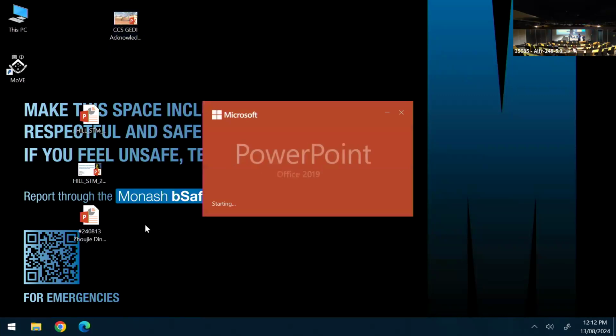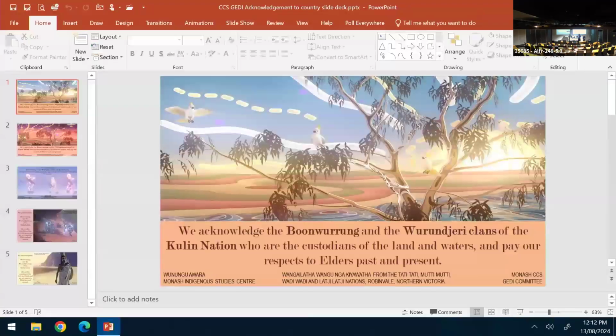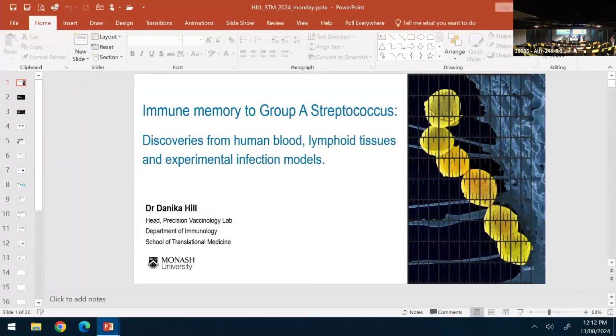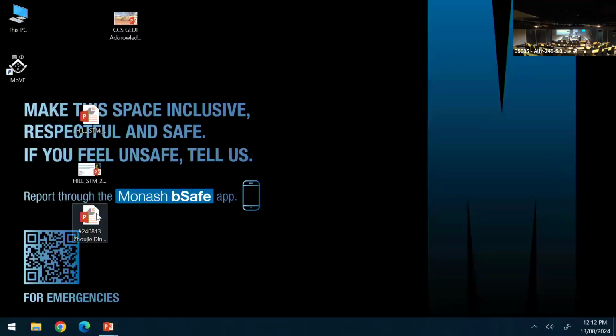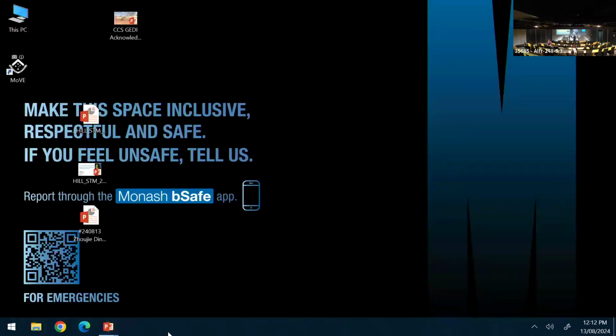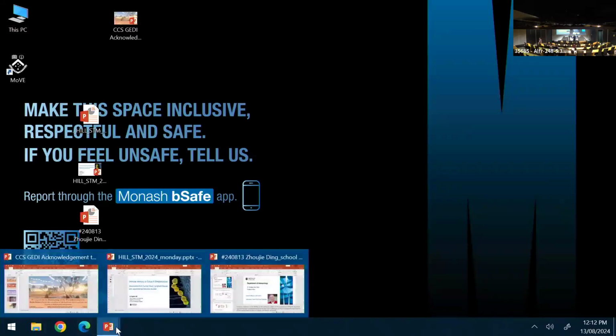Yeah. Just open everything, see whether that works. Yeah, it works. All good? Yeah, there will be slides that won't have dots, but that's fine. What am I going to do now? My laptop can't be connected to the big screen. Okay, all good. Was that all three? Yeah, I mean, this is the acknowledgement of country,